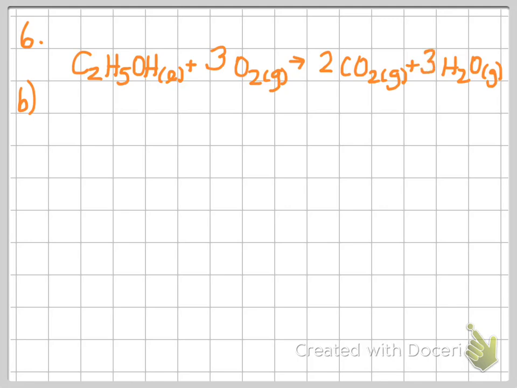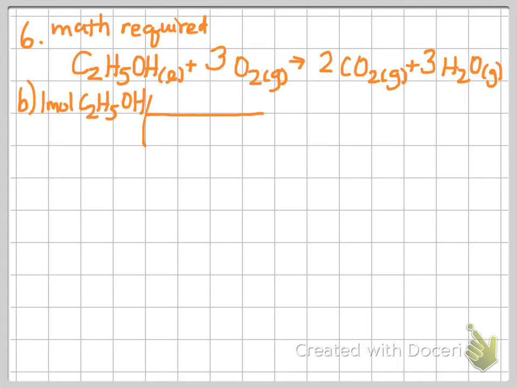Okay. So letter B asks us to show that the balanced equation obeys the law of conservation of mass. So again, this is math required. All right. So to do this, we're going to start with the number of moles from our balanced equation. So we're going to have 1 mole of our alcohol. We're going to use molar mass. 1 mole of our alcohol